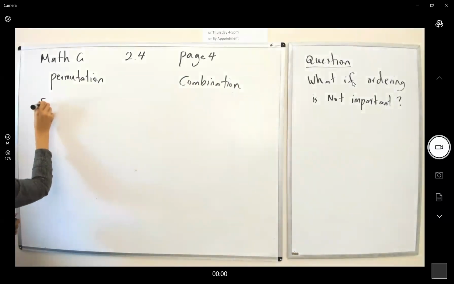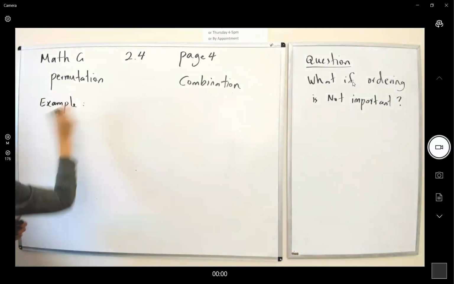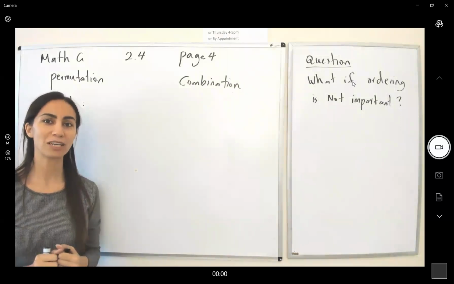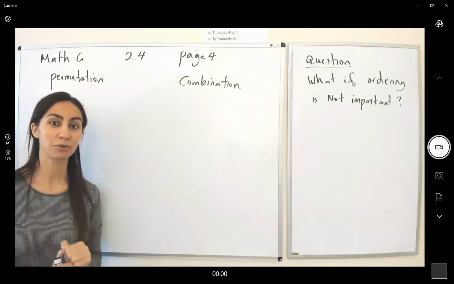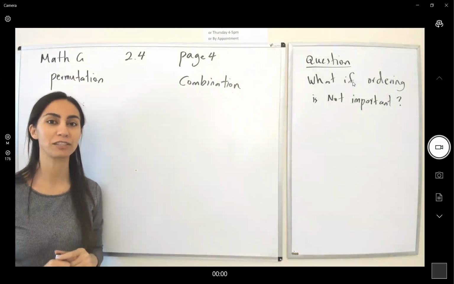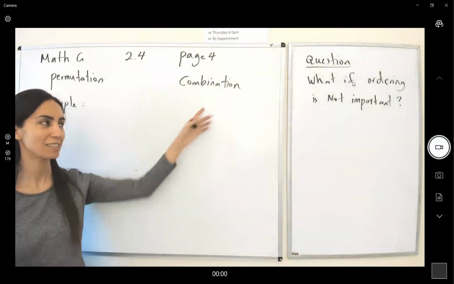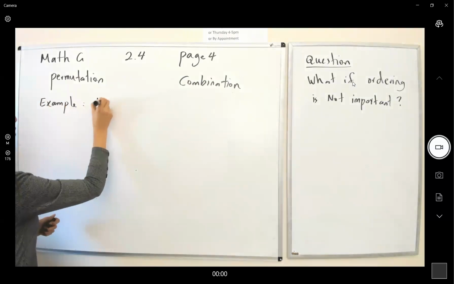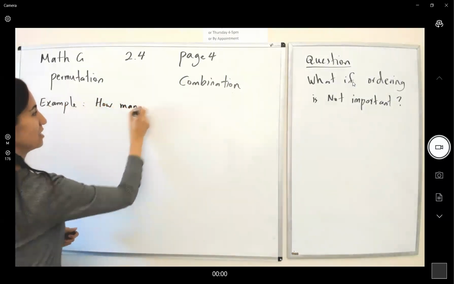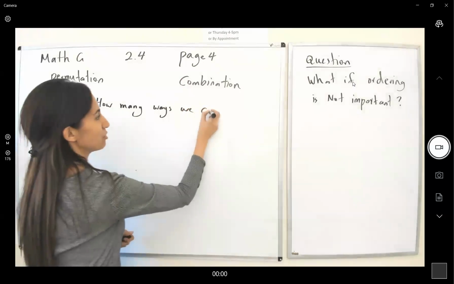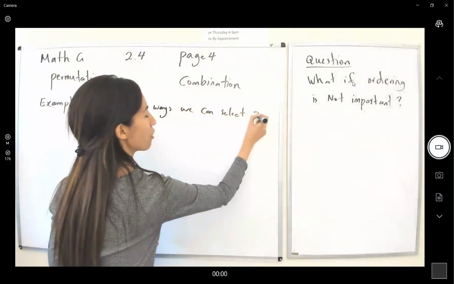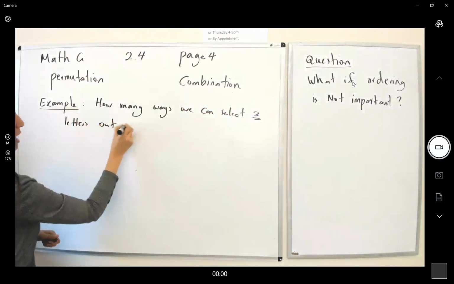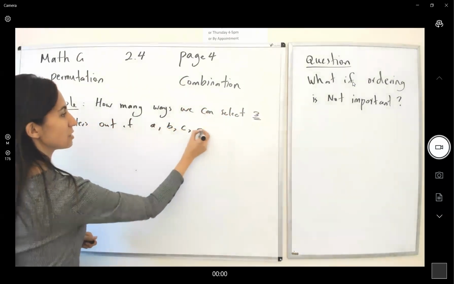Okay, in this example, we have 4 letters, A, B, C, D, and our goal is to just select 3 letters out of those 4 letters, first using ordering, second without caring about ordering. How many ways we can select 3 letters out of A, B, C, D